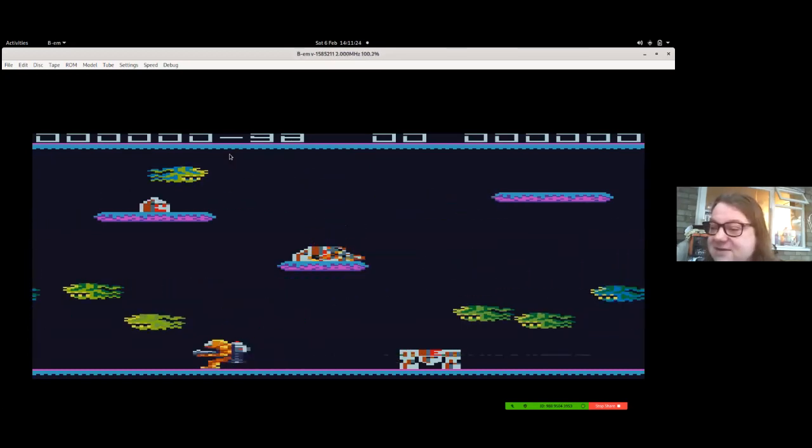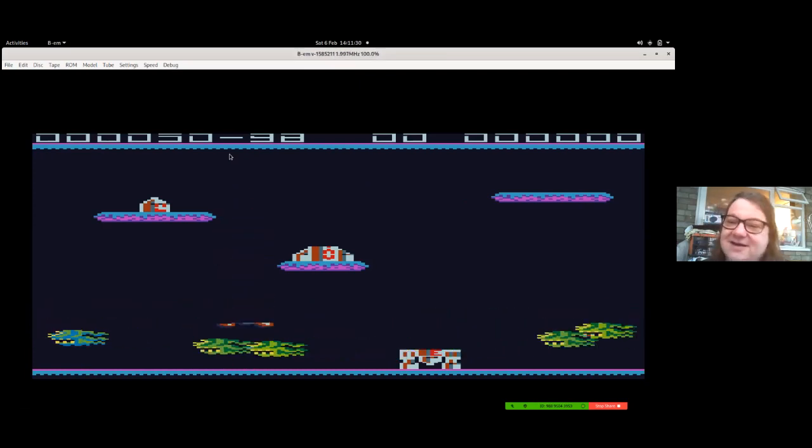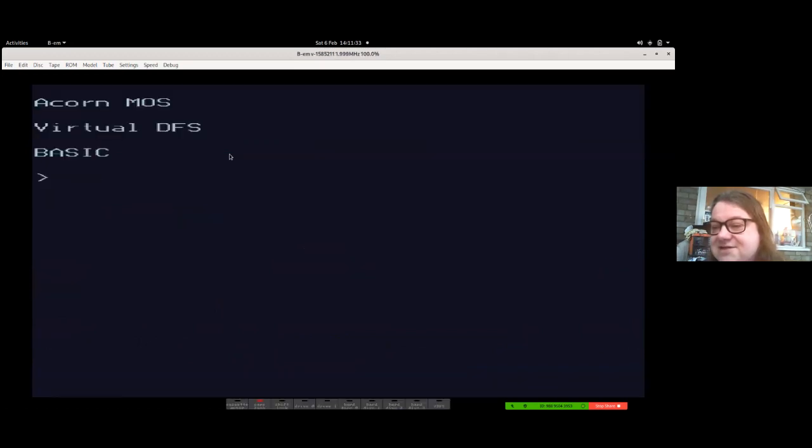move here, and I've discovered a few keys. I've got the ones that are remapped, and I discovered that return does fire, but that's about it. Now I've not really played Jetpack much before, so this is a classic example of here we have a game. We've got the blob for the game, which is being patched by this loader, but there's no keyboard map, no other instructions. Now, whether they were ever part of the original disk, I don't know. Possibly they were, possibly they weren't. Or maybe they were printed. But it's just an example of how something can be